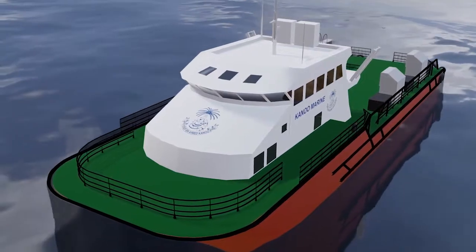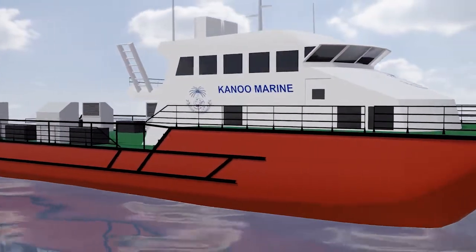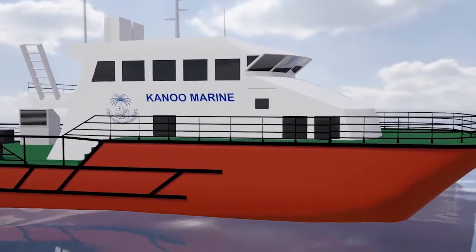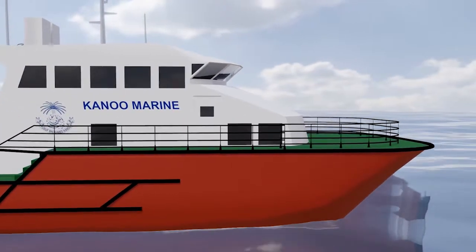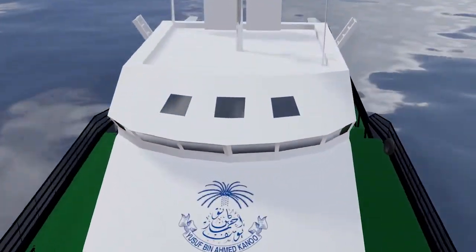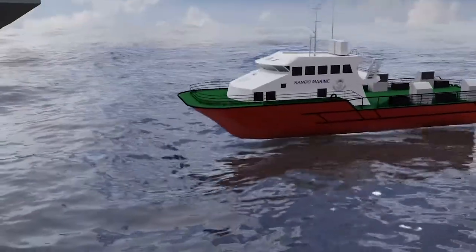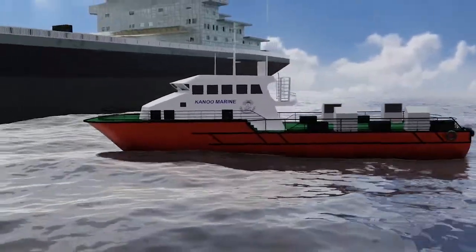Even if you are a frequent user of the marine craft, we urge you to pay full attention to the onboard safety protocols and facilities in place as protection against risk of injury or loss of property while embarking or disembarking. If you are boarding from a Kanoo launch to a larger vessel, either anchored or moving slowly towards an